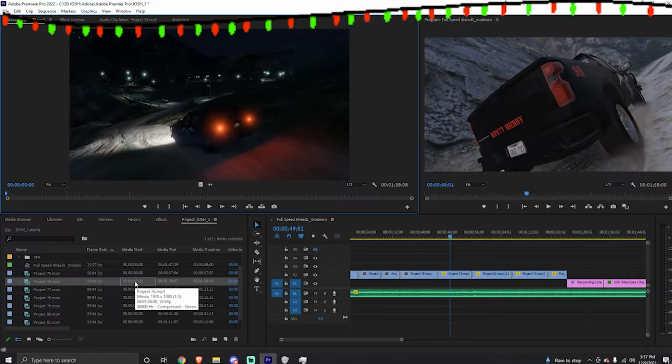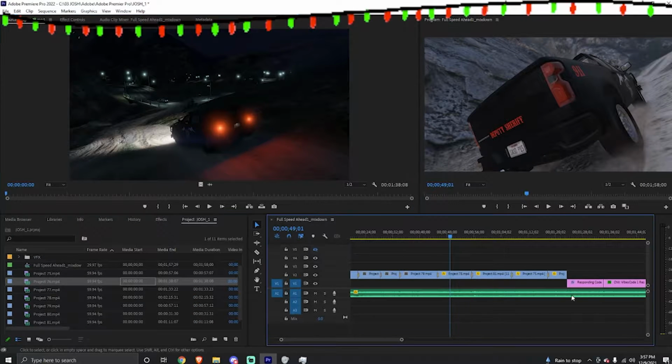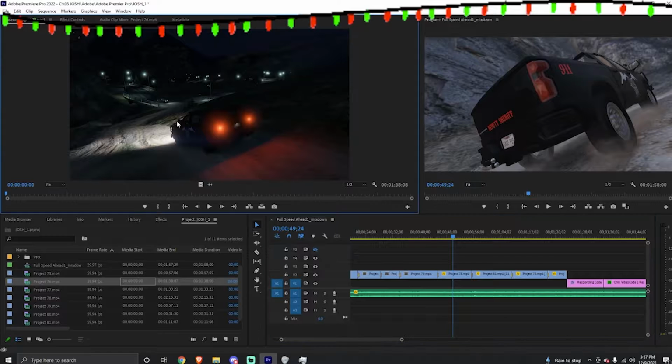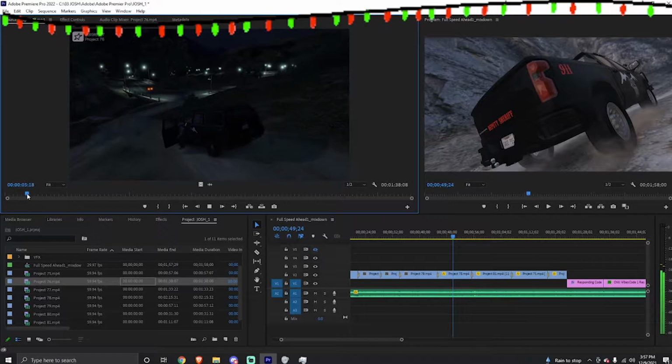It's a 20 Explorer, that's an 18 Tahoe. That might be good for the chill vibes part. Let's see here. Ah, nope. I want this one. What do we got?